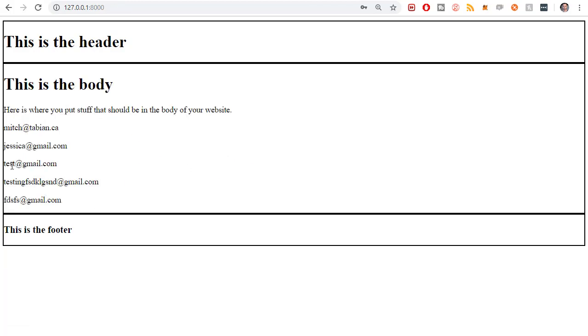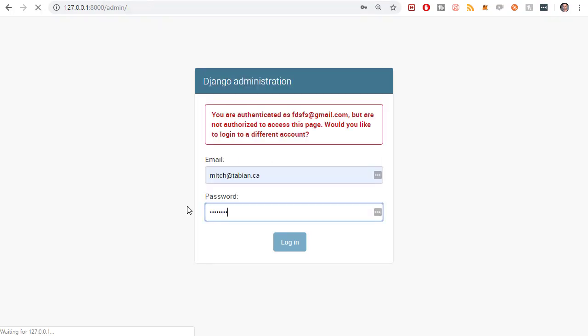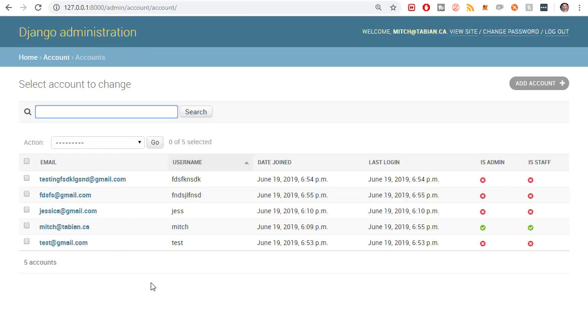So now we're registered. We have that first one that I registered, the second one which didn't redirect properly, and then there's the third one. And if I was to log into the admin, and go to accounts, there's all those accounts that I have just registered. All right, so now we have the ability to register new users from the website itself,